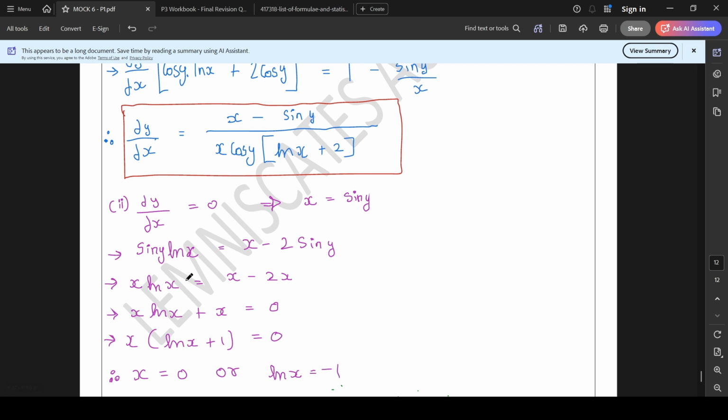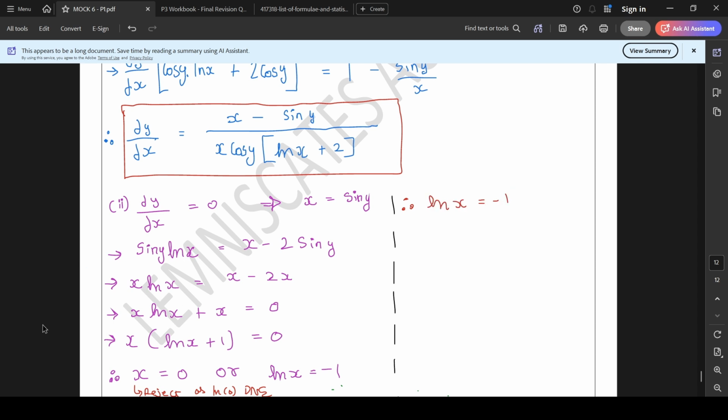Now what can I do after this? I'll just create a compartment over here and continue my working on the right hand side. So this implies that x equal to 0 will first of all be rejected because ln of 0 cannot be accepted. So I can clearly say that over here x equal to 0 is rejected, as ln of 0 does not exist. DNE means does not exist. So I'm just supposed to solve ln x equal to minus 1,